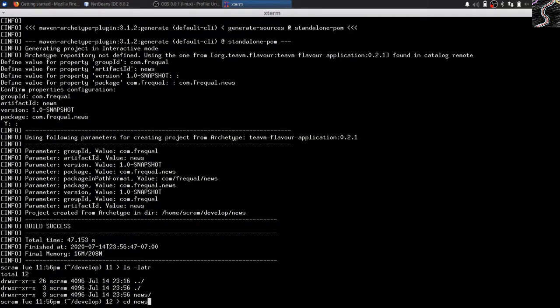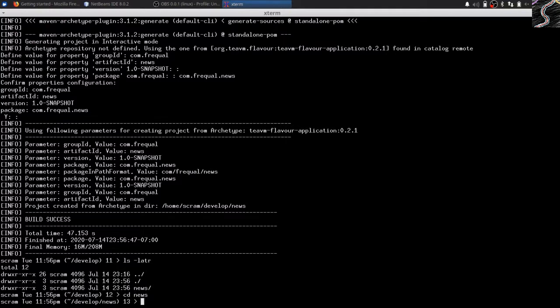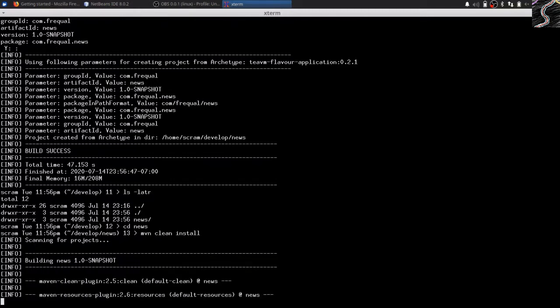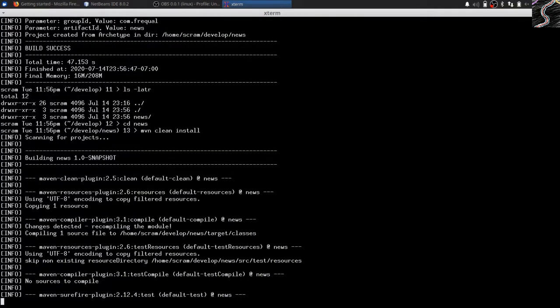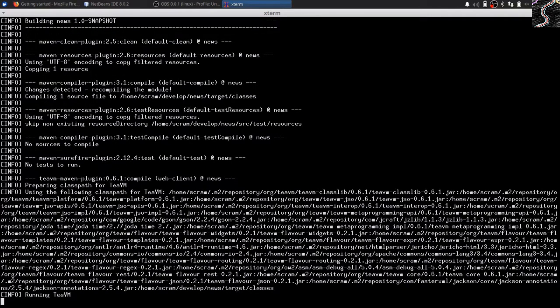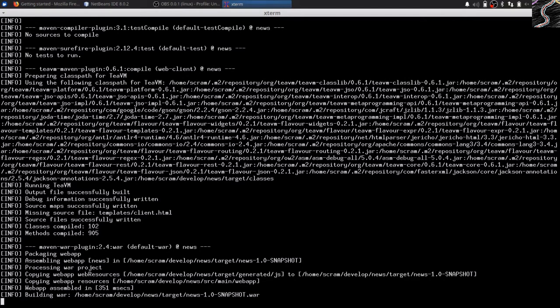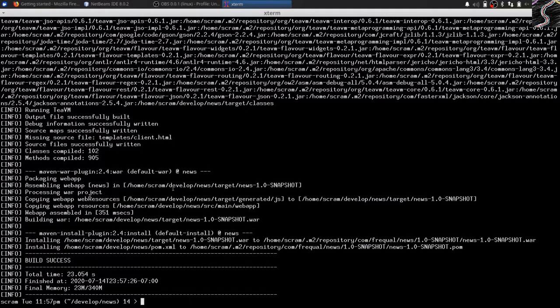And you can go in there, and already you can do a Maven clean install, and it'll build your project. If you haven't built this sort of project before, Maven will download dependencies from the internet, so it'll take a little while longer. In this case, I've got them all pre-downloaded. And so it's running TeaVM, and then at the end, when it's done, we'll have a folder. You can see it saying right here, a target news 1.0 snapshot, a war file,